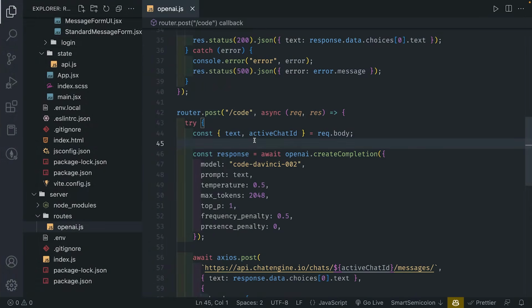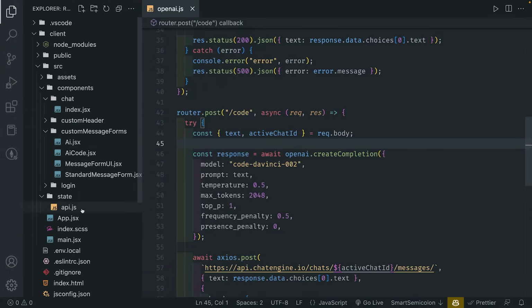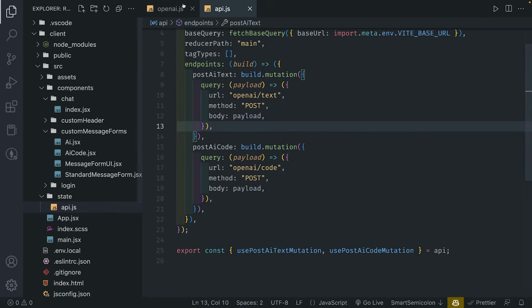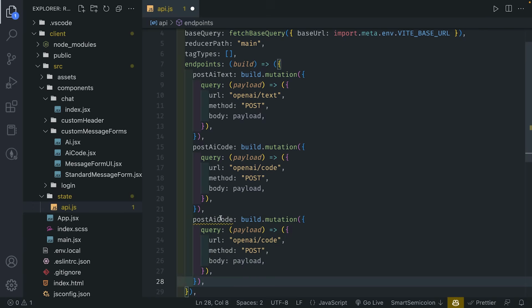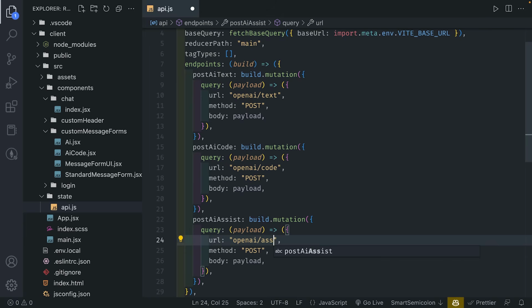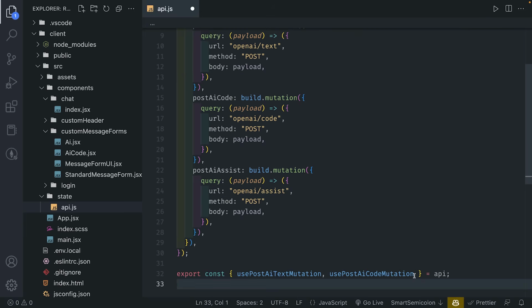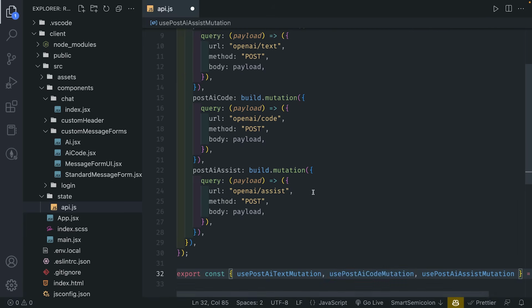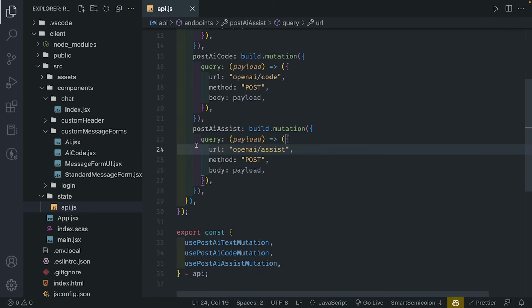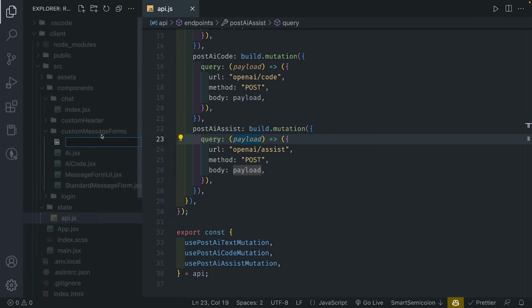So this one's a little more involved. So if I go back, I'm going to just start with the API file. And over here, I'm going to copy this. I'm going to call this post AI assist and change this to assist over here. And I'm going to change this to use post AI assist mutation. And if I save it, we can go on to our custom message form. So to create our component, I'm going to go to our custom message form. I'm going to create a new file called